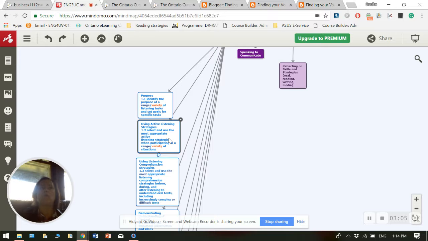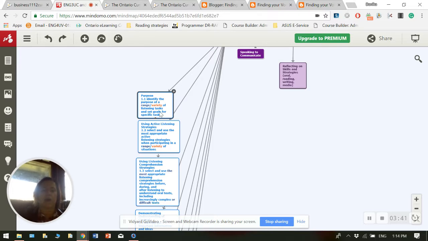So the difference between range and variety is that I suppose range implies more, but it also sort of implies increasing difficulty or increasing complexity. I think that's what I'm looking for here. Whereas variety just means more than one different kind, not necessarily that one is more complex than the other.